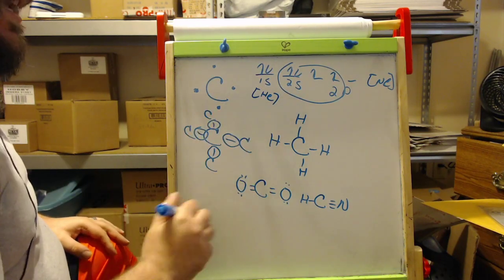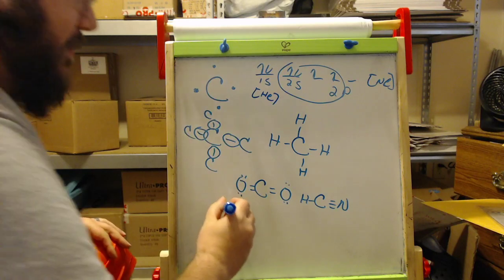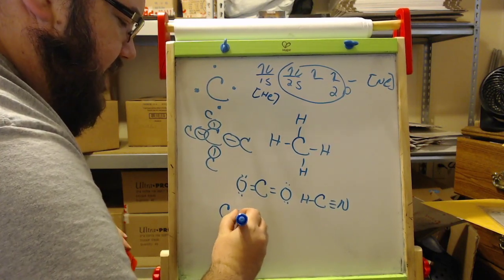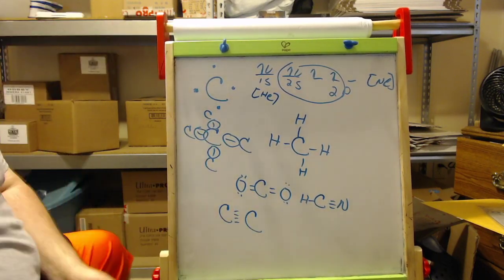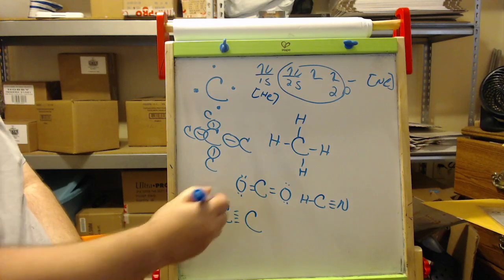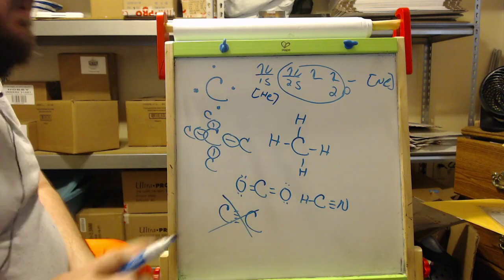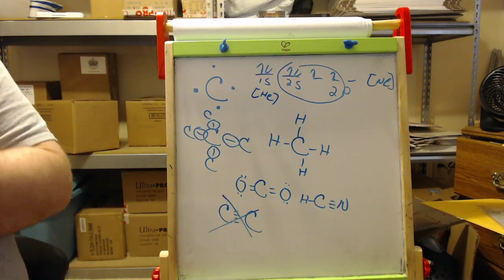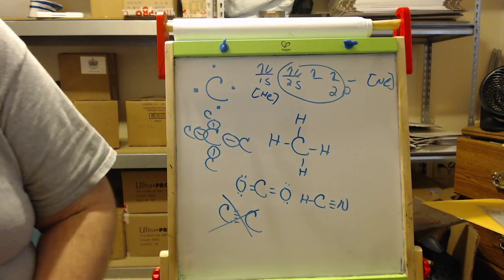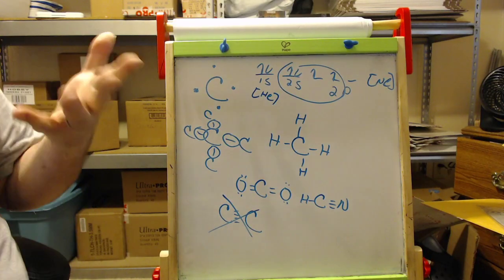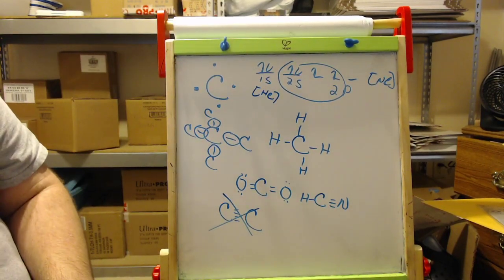The key is carbon can do a variety of things. What carbon can't do, and the math won't allow it, is make a quadruple bond. This can't happen. But double bonds, triple bonds, single bonds can all happen with carbon, and that's what makes carbon very unique. Carbon is so important, you are taking this course.